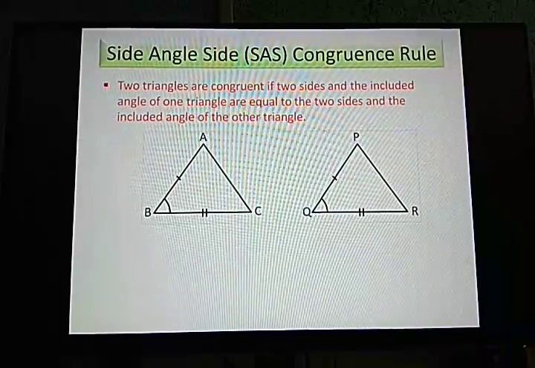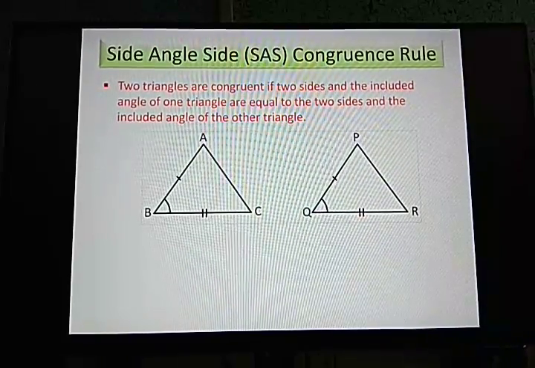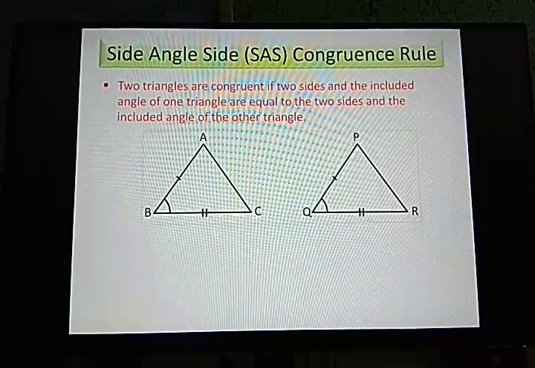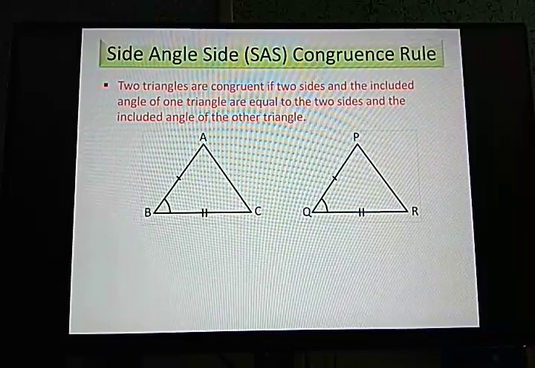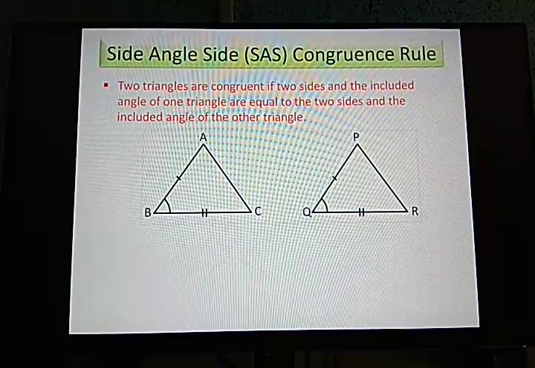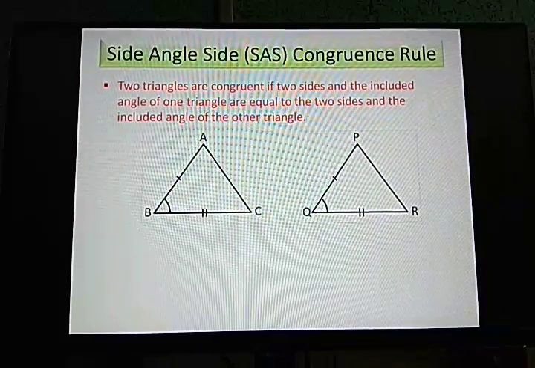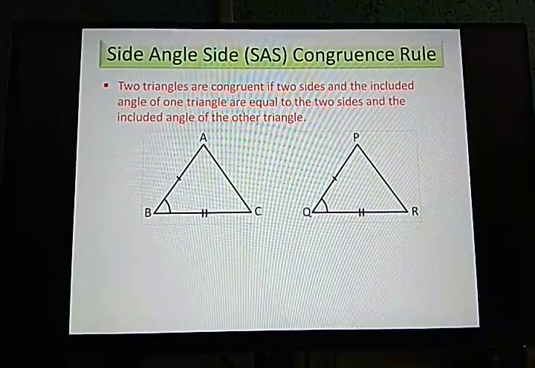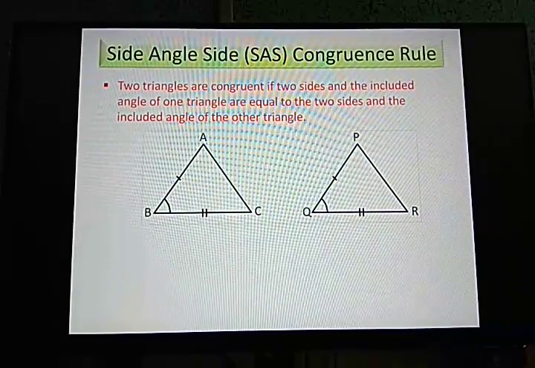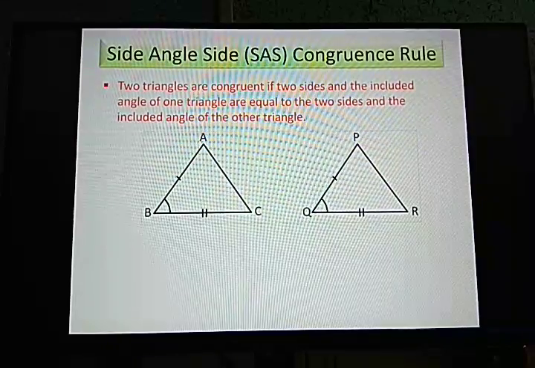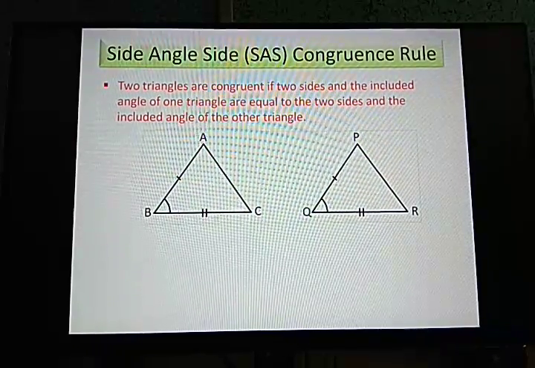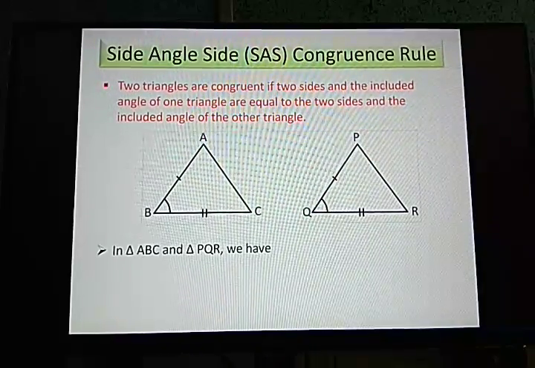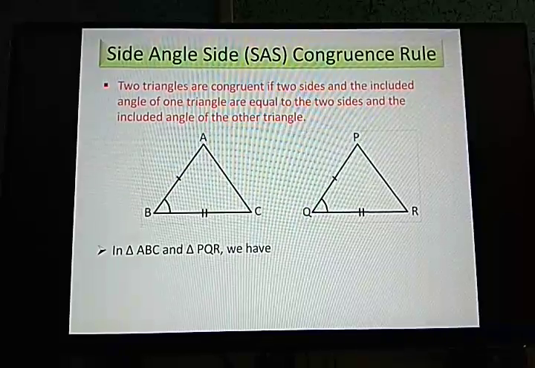As you can see here, there are two triangles ABC and PQR. Now these two triangles will be congruent according to this rule only when two sides, any two sides we can take, and one included angle in between those two sides are all equal. Then we can say that both the triangles are congruent. Now in these two triangles, which things are equal? In triangle ABC and triangle PQR, we have